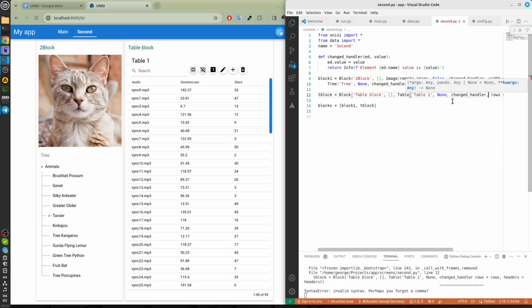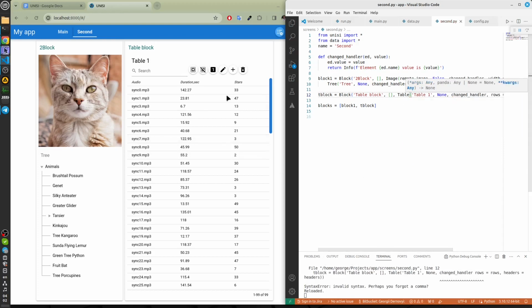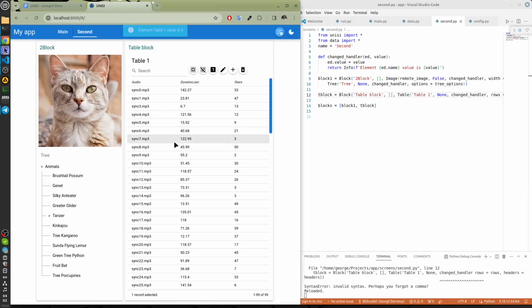Now we see that when we select, we have a table value of 6. This means that the 6th line is selected in the table. 15th. 0. Let's see what happens with multimode. We have an array. It is selected as 0 and 5th. 0, 5, 15. Now we will remove the selection and see that we have nothing selected.